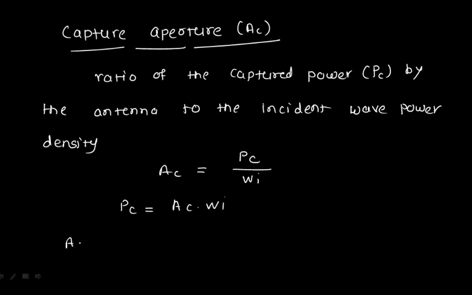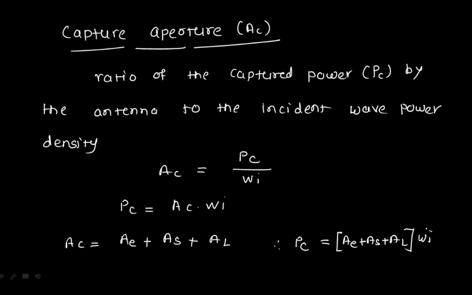Okay, so what is AC? What will be the captured power, or sorry, the capture aperture? It will be the effective aperture, the scattering aperture, and the loss aperture. So alternately, you can say that AC can be obtained by adding all the apertures. If I'm interested in the captured power, I have to write AE plus AS plus AL into the incident power density. Okay, so this is all about all the apertures. I have talked about the physical aperture, effective aperture, loss aperture,